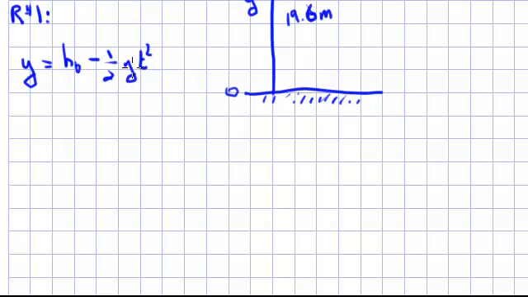And I'm interested in solving for t when the position is 0, in other words, in finding out how long it takes rock number 1 to hit the ground. So if I solve this equation for t equals 2 h naught over g square root,